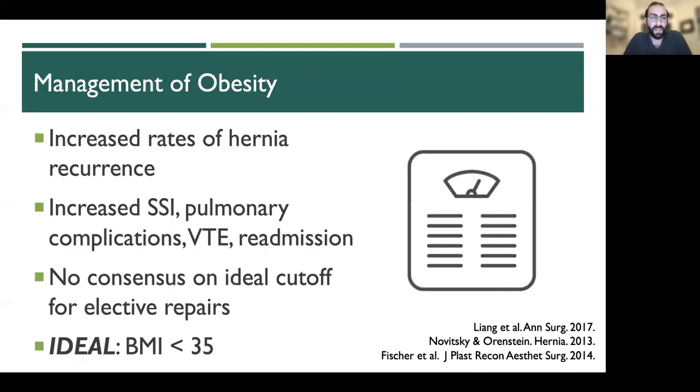Management of obesity, yet again, another opportunity for improving patient outcomes. Many patients who have loss of domain have challenges with their physical activity level. They also oftentimes have issues with their metabolism. And so many of them present to our clinics and are considered obese. It doesn't change the risk profile. You take a very risky operation and then you add obesity on top of it,